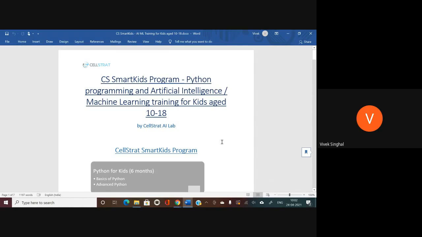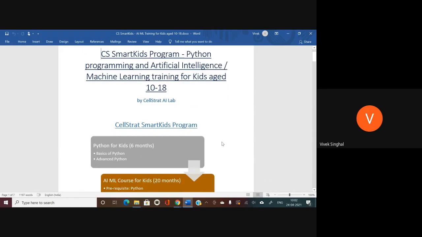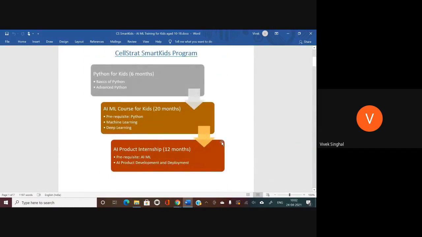Here we teach Python, AI, ML, and deep learning to kids of young age, and we believe that kids are the future tech leaders of the world, as tech is driving the world pretty much now, and everything is going the tech way. So developing these coding skills and AI skills is extremely useful for young kids, and we are incredibly amazed by what these kids are able to accomplish.